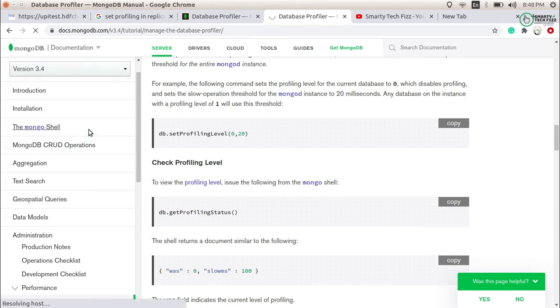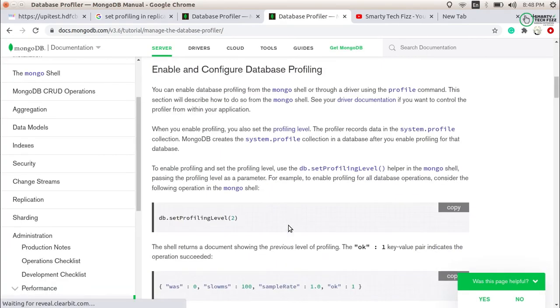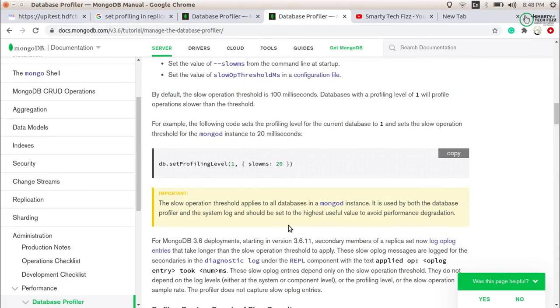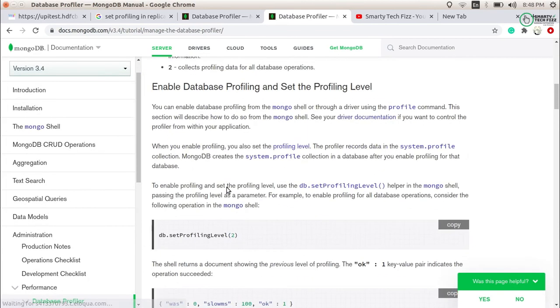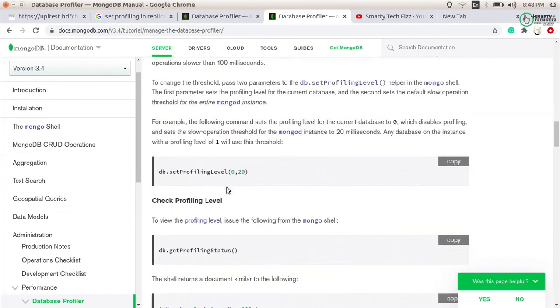I think 3.6 also has the same thing. Let me check. No, in 3.6 we have to enable the profiling level like this. So before 3.6 you have to do the profiling like this only. Okay.